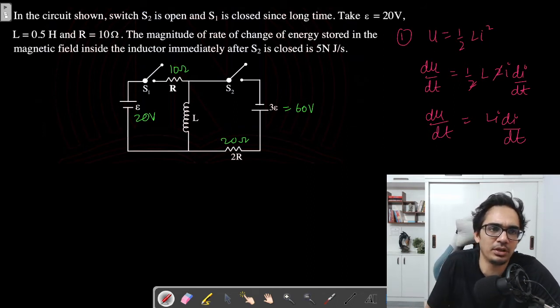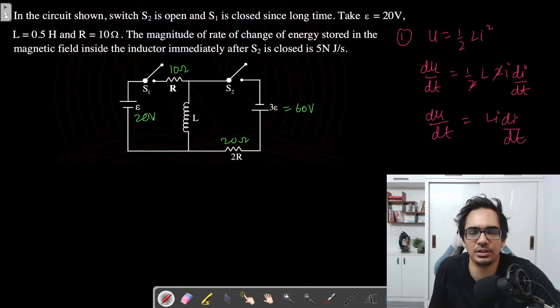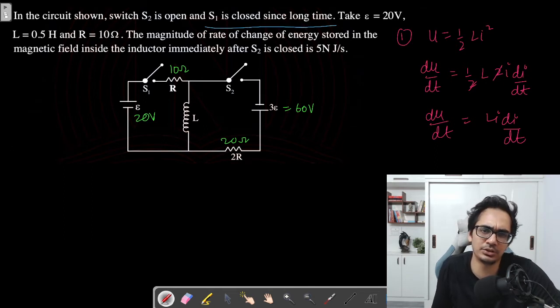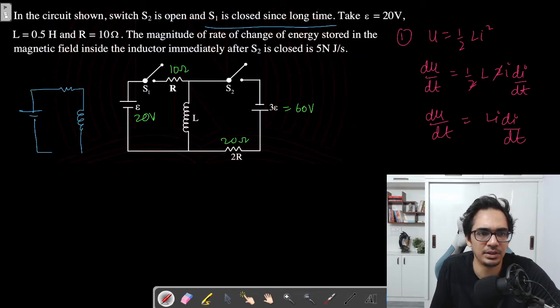So before S2 is closed, what is the case? When S2 is open, only S1 is closed for a long time. So that means the inductor must have become fully charged and the current must be maximum. So in that case, this is 20 volt, this is 10 ohm. So maximum current would be V by R. I is equal to,